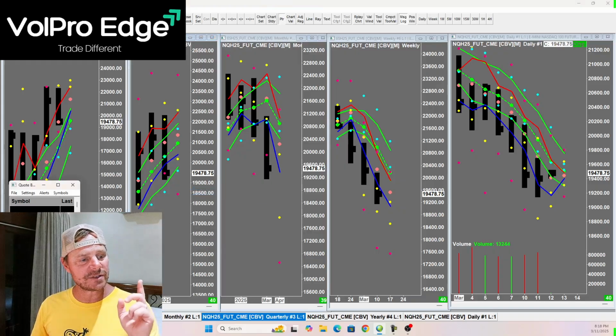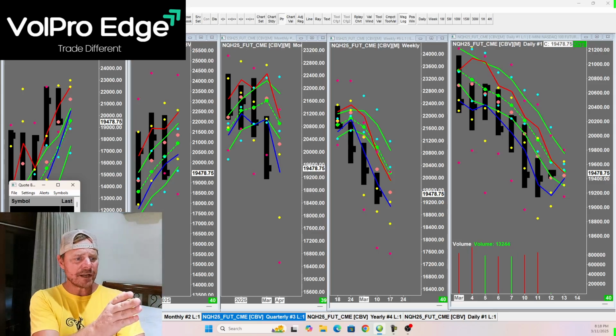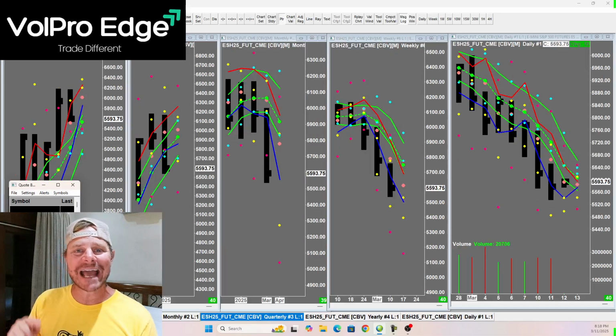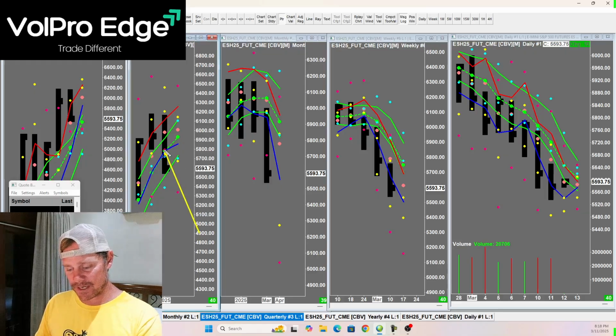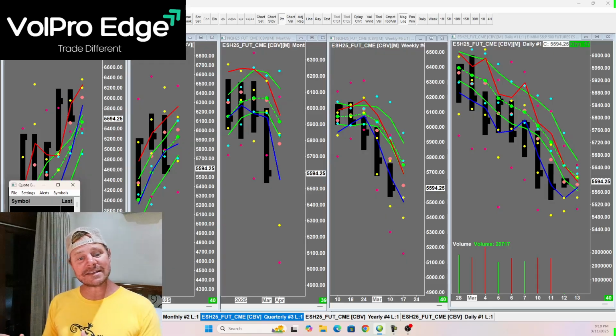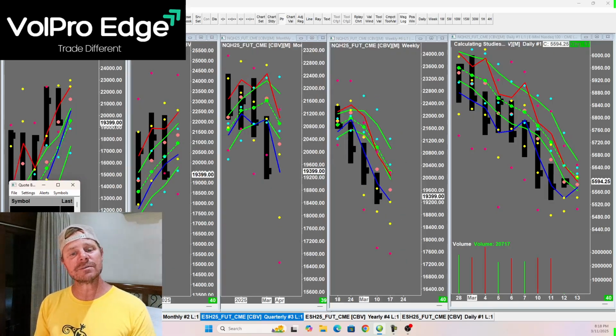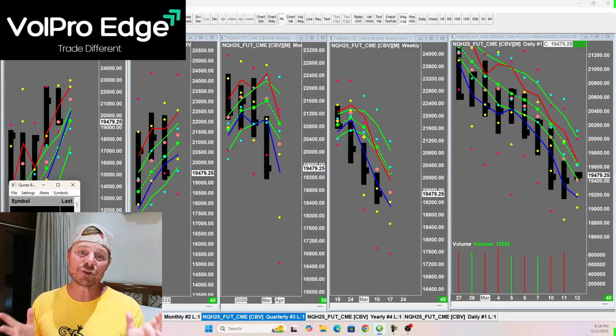Now on ES, pay attention to the quarterly chart right here, where when it loads, you can see we already barreled down and through this key quarterly support level right there. Just smashed straight through it at 5,800, right? But on the NASDAQ, we're only just now approaching that key quarterly level. So when you look at the NASDAQ, you say, we're at that key quarterly support level. We've dropped an awfully long way in a pretty short period of time.